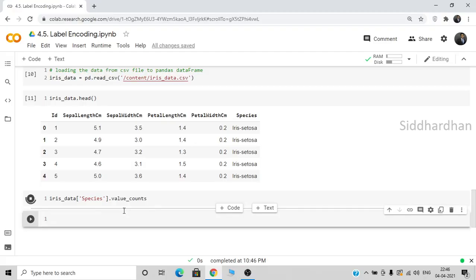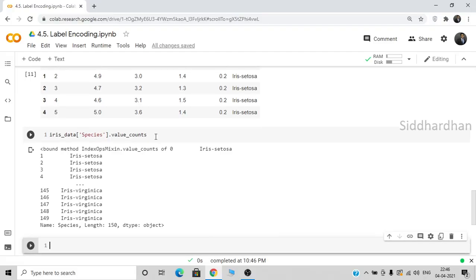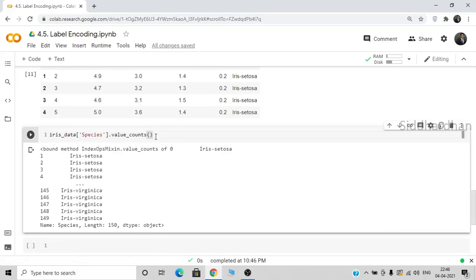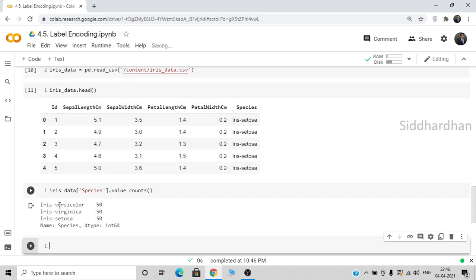Okay, so something has happened here. So we need to mention the parenthesis. Okay, so we have 50 data points for iris versicolor species and 50 data points for virginica and 50 data points for iris setosa. Okay, so we have totally 150 data points, and now we are going to encode these